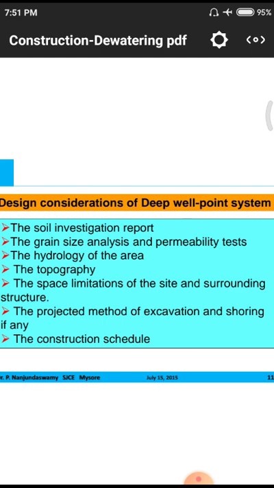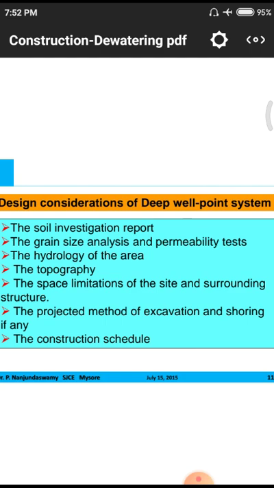Next one is the topography. Topography means if it is a hilly area, or the soil conditions have greenery, automatically the land is enriched with water quantities. If it is a poor land without proper greenery and the soil is not porous for water, all those conditions also depend upon the topography of the area. Topography means the surrounding features and properties of the soils.